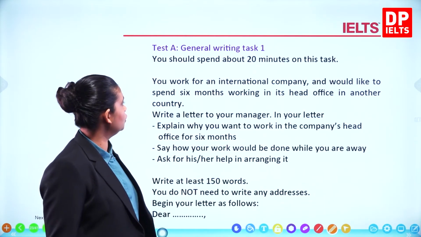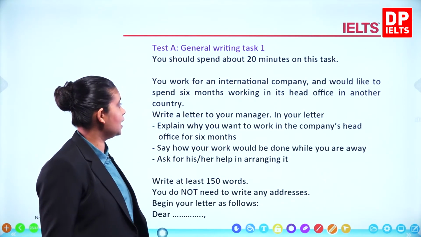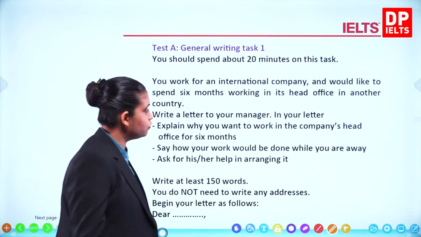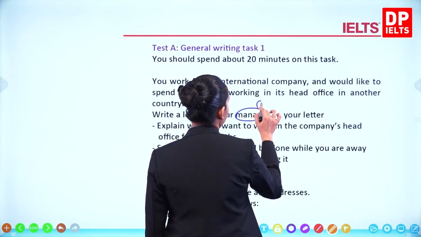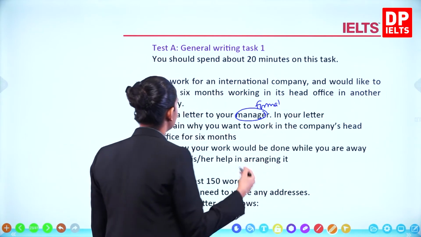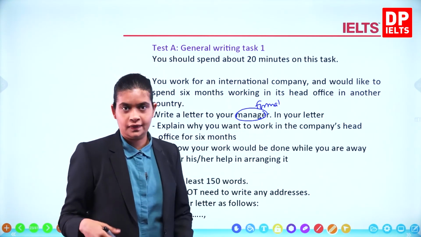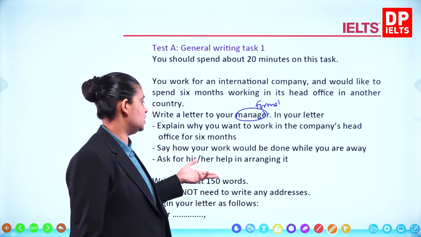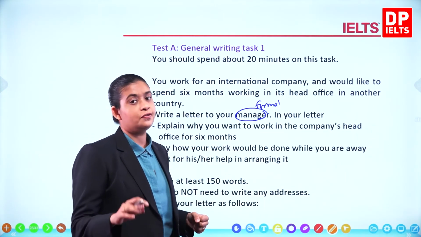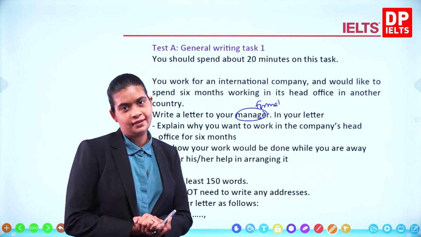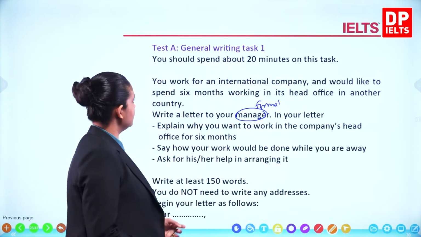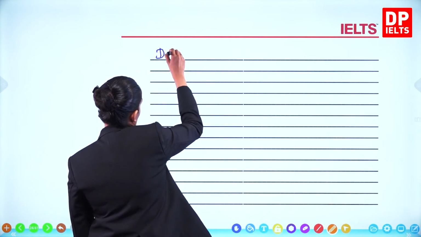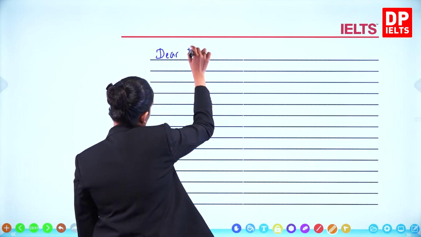Task 1. You work for an international company and you would like to spend 6 months working in its head office in another country. Write a letter to your manager, formal, and tell him why you want to work in the head office, how your work would be done while you're away, and ask for his or her help in arranging it. So first, I'd like you to do it on your own, then I'll be writing a sample answer. Right, so let's have a look at a sample answer, right? So let's think my boss's name is Mr. Wilson. So, dear Mr. Wilson,